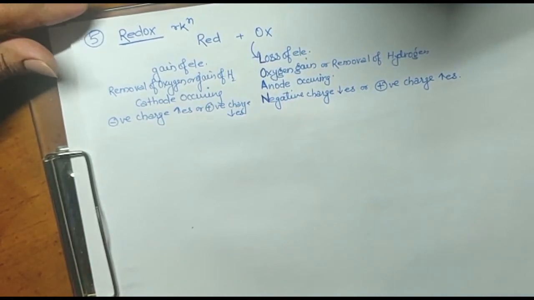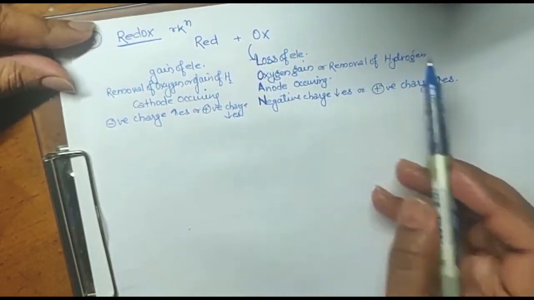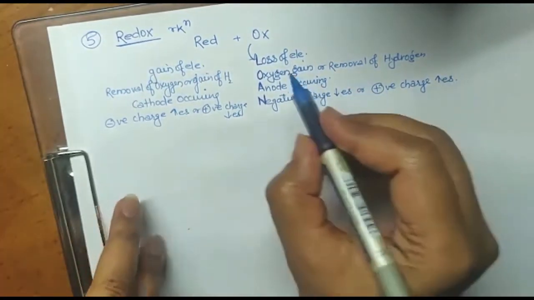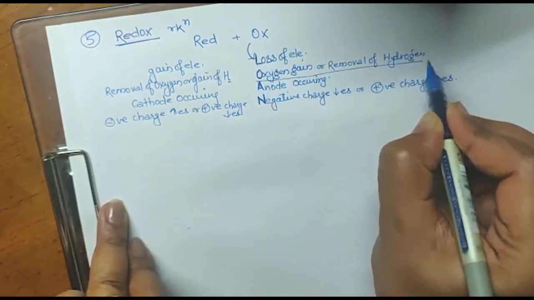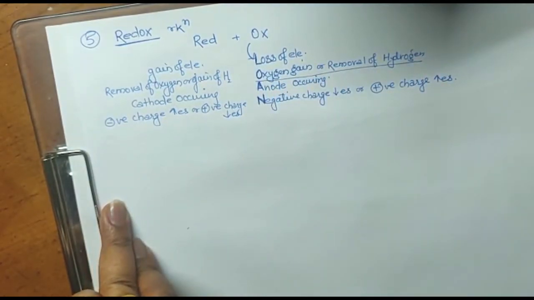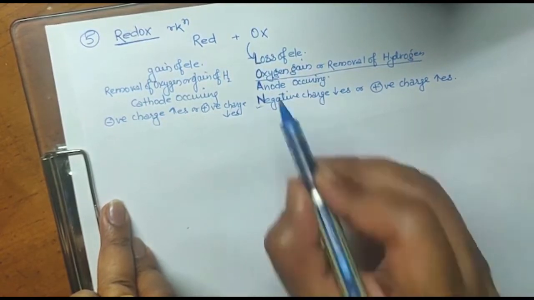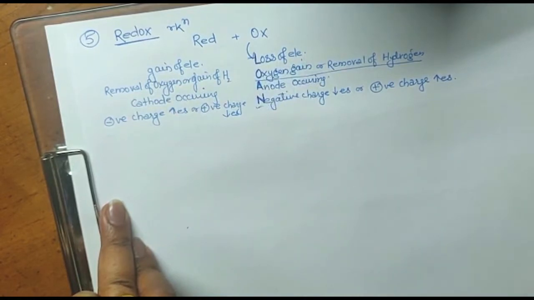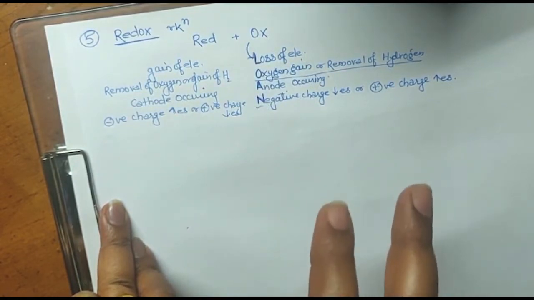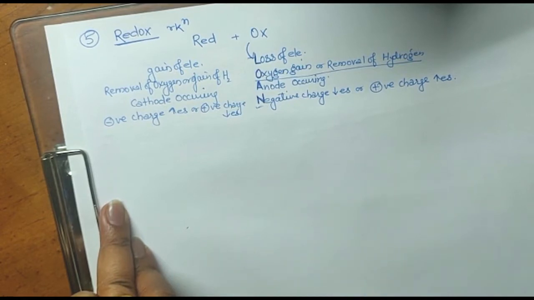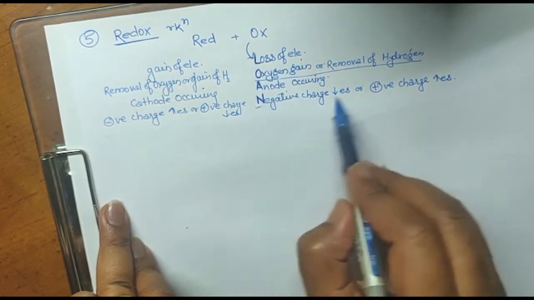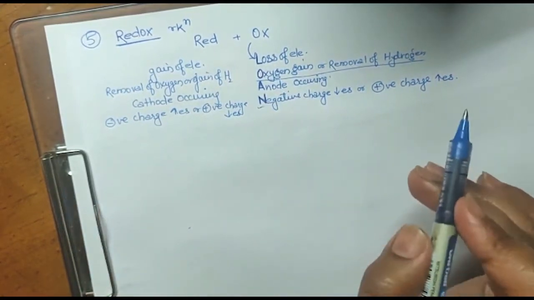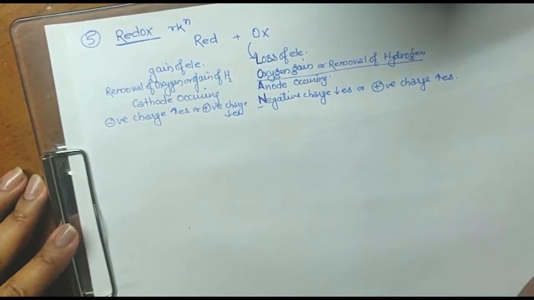So listen, in class 10th, oxygen gain and removal of hydrogen is the main criteria, the main way to define oxidation. Got it? But all the reactions cannot be explained on this basis only. So we will go on to this topic also. Loss of electron, gain of electron, that concept you will learn here, but it is mainly used in class 11. But this heading I'm going to explain again here only.